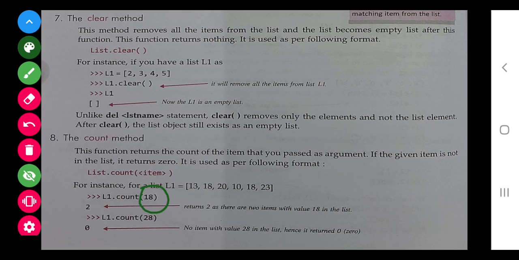Like 18 I want to count, there are two 18s, so the answer is 2. Next, I have given 28. 28 is not there in the list, so 0. So counting means to count the number of a particular element.